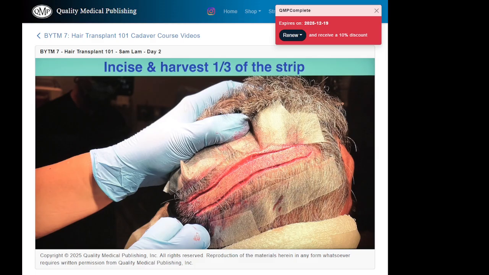But generally speaking, the 2.5s are good enough. Even if they have every third hair dark, it's enough for me to see it. I don't need to move out anything but my visor. That's a good question. All right, so anyways, I incise and I harvest a third of the strip